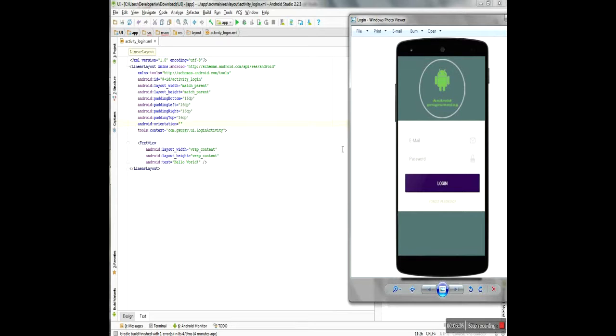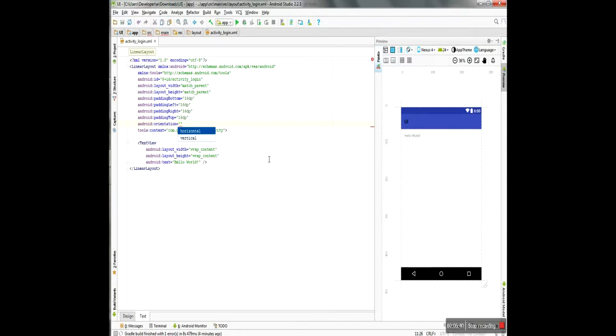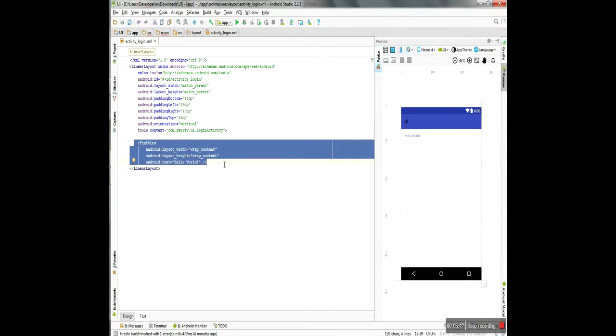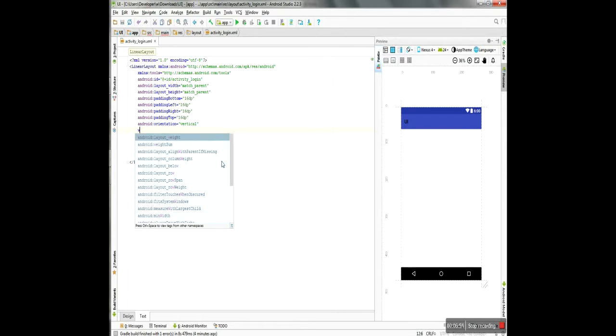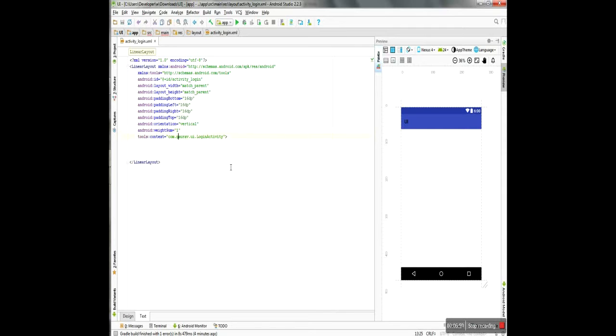For that kind of UI, you need vertical orientation. So I put vertical orientation here, and I am just removing this. In the parent layout, whenever you use linear layout, you must put weights, and at the top I want to put one logo. So I add